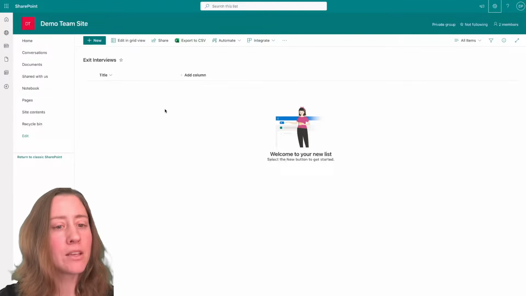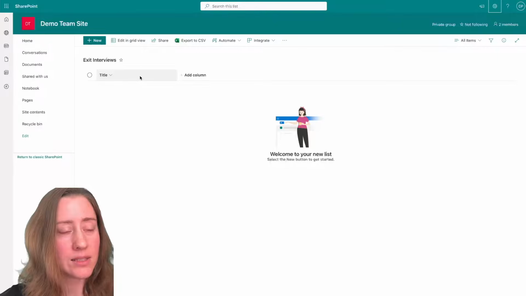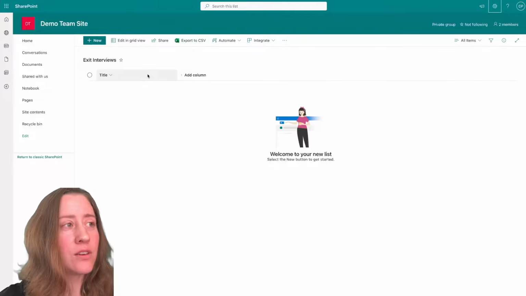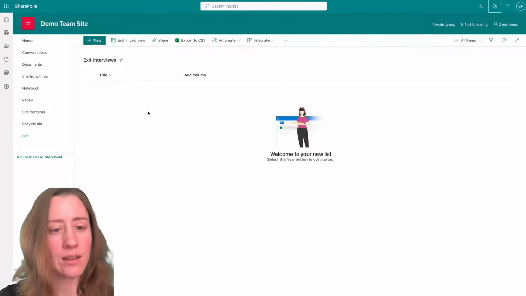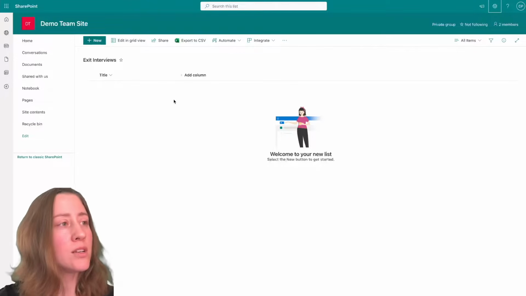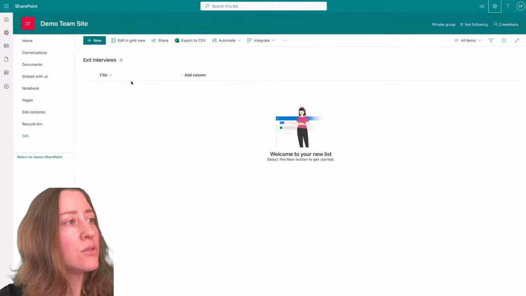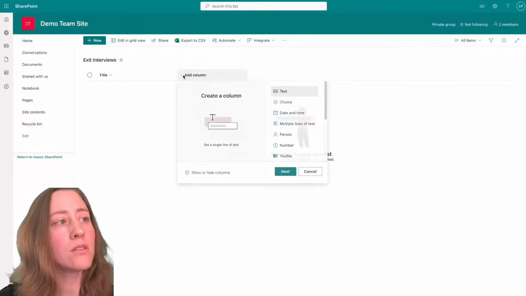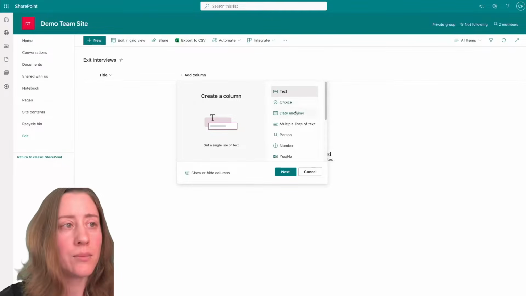All right. So the out-of-box SharePoint list only has one field on it, and that is title. And title is a field that you cannot delete. You can rename it, you can hide it, but you cannot delete the title field. So here's what we're going to do with it. I'm going to add the rest of my fields, and I'll show you how to deal with this extra title field. So we are going to just click on this add column here,